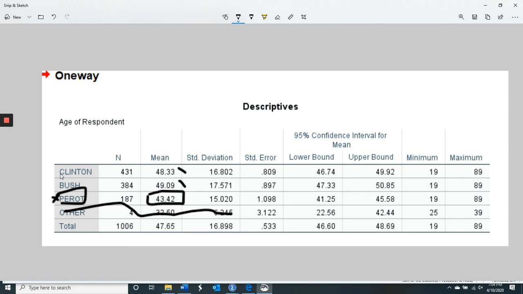And that would be fine for this class. So again, post hoc, you can say post hocs or post hoc test, doesn't matter, either one. Post hocs suggests that Perot voters are younger than